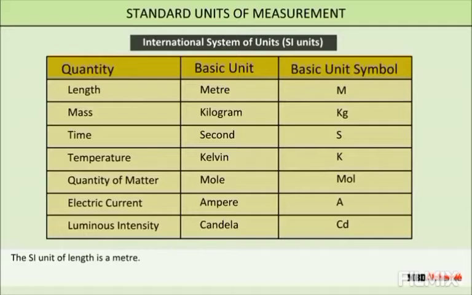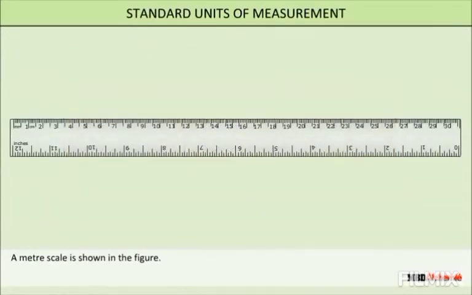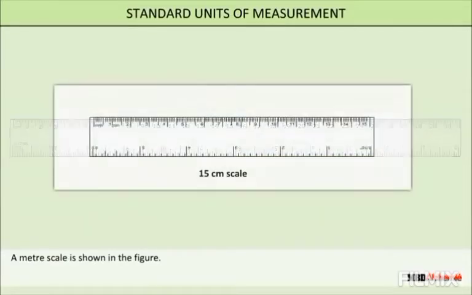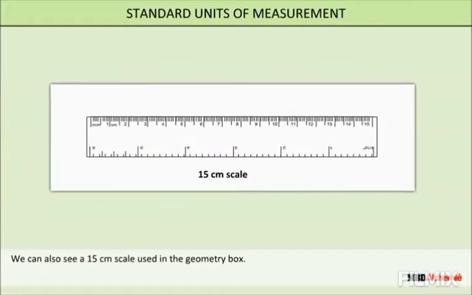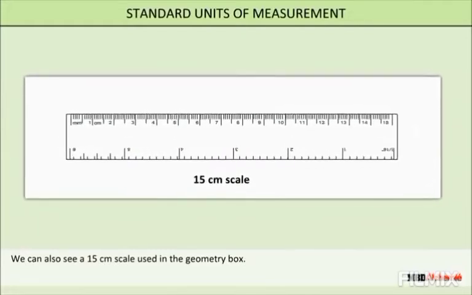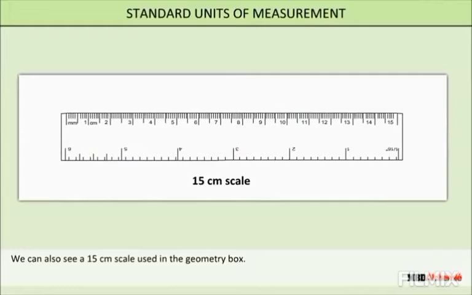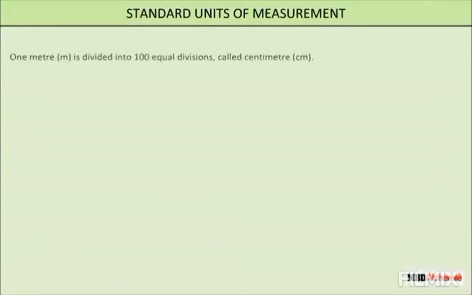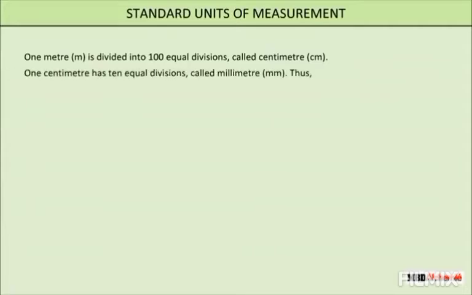So we are measuring by using these types of units other than hand span, foot, etc. Now let us do a standard measurement by using a meter scale. You are familiar with the scale. We all have a 15 centimeter scale in our geometry box. This is a standard unit since all the scales will be the same. We have already said that 1 meter can be divided into 100 equal divisions. These are known as centimeters.